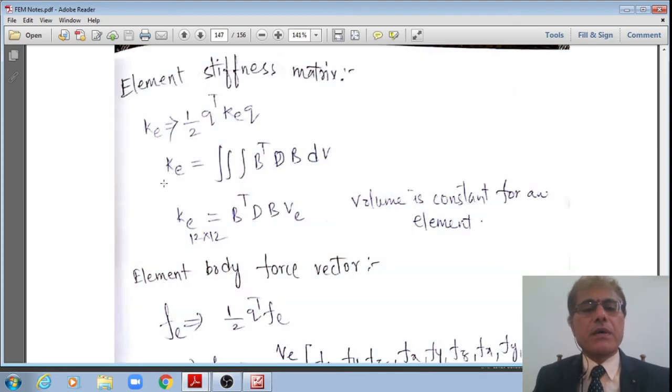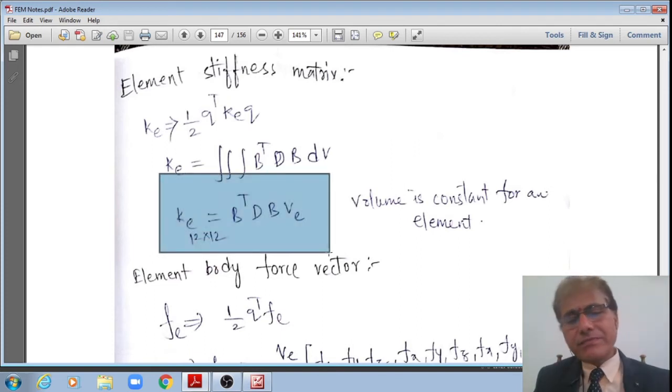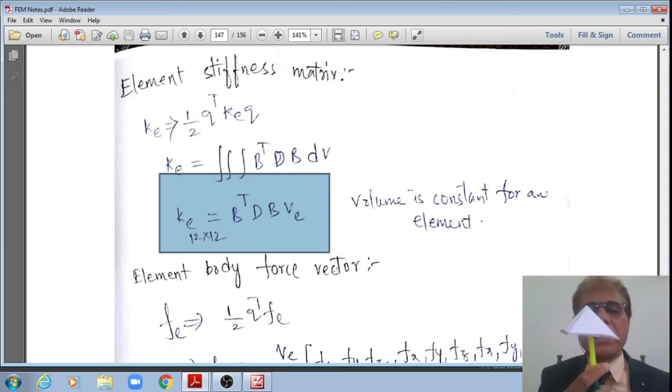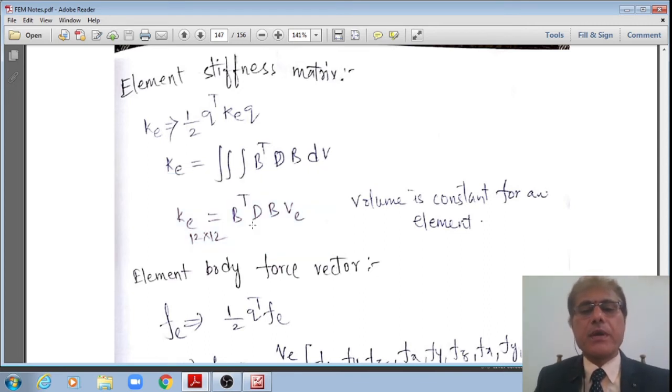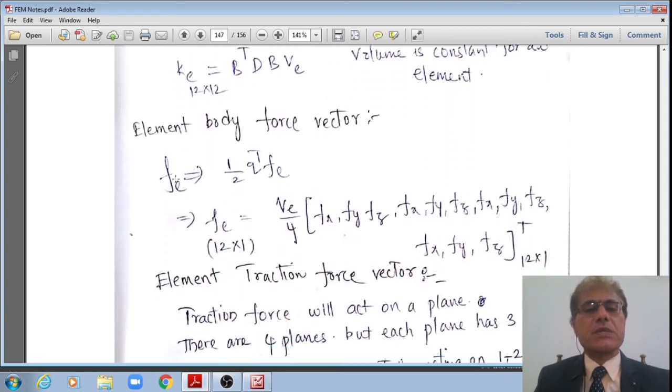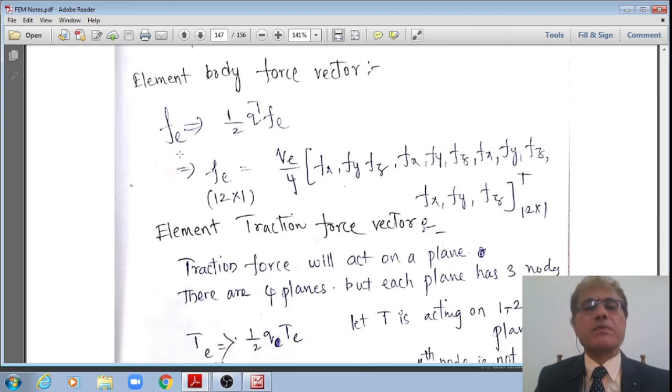Therefore, here the element stiffness matrix is of 12 by 12 size. 12 by 12 size means in total 144 element coefficients are there. This is a huge matrix now, right? Just for one element of this 3D 4-node tetrahedron element, I require 144 coefficients, 12 by 12. Very large space is required for storing this in the computer, right? And that is how the element stiffness matrix is obtained. Once we get that, now I'll move to the element body force vector, students.